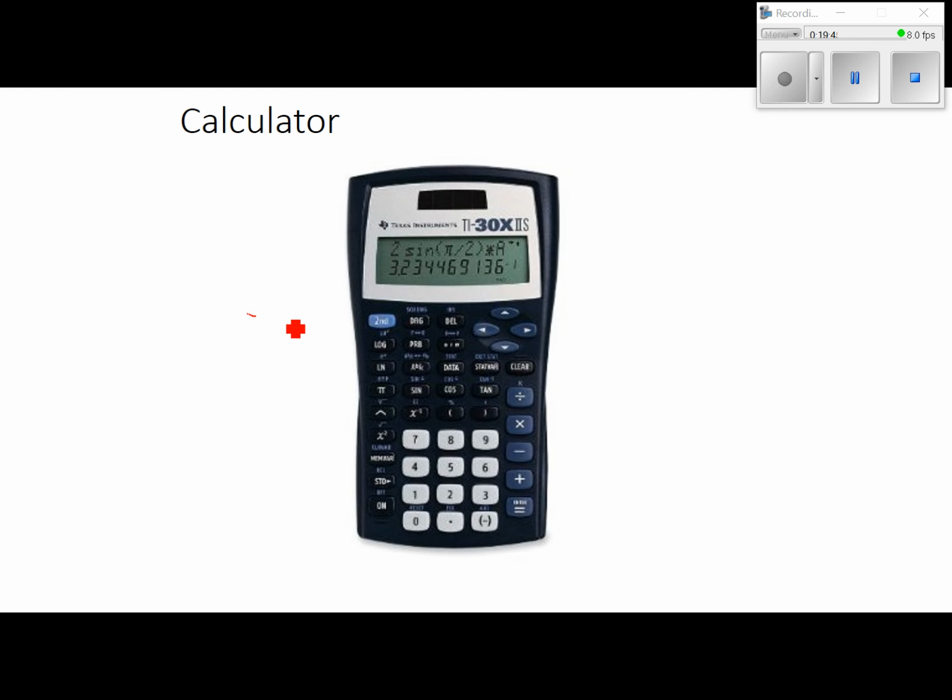On your calculators, remember, don't forget where the second button is. Remember, you're only going to use it if you're trying to find an angle. Make sure you know where the sine, cosine, and tangent are on the calculator if you're using one of these small calculators. The other thing to remember on this calculator, this button right here,